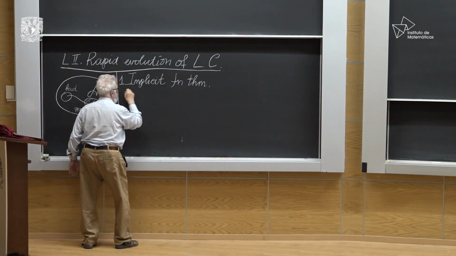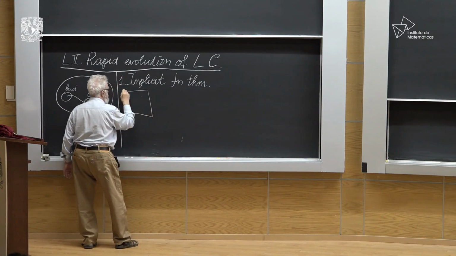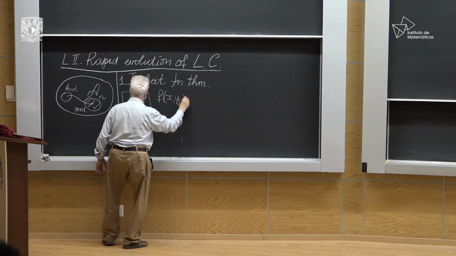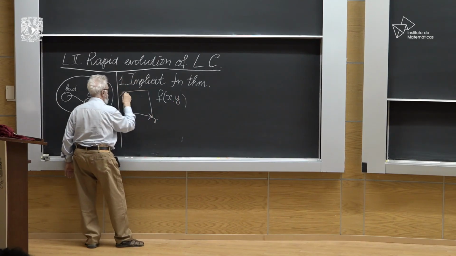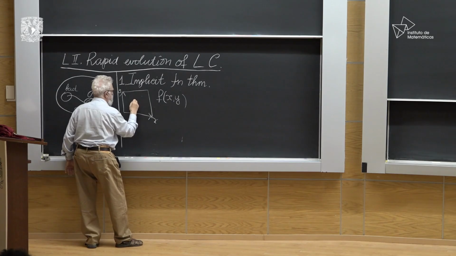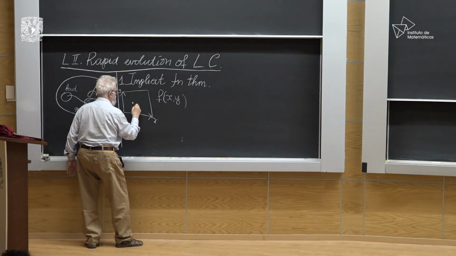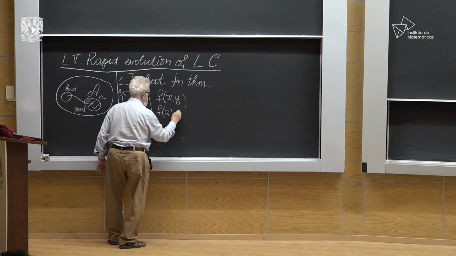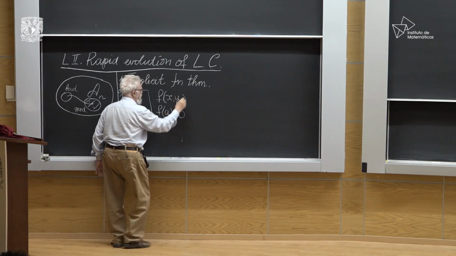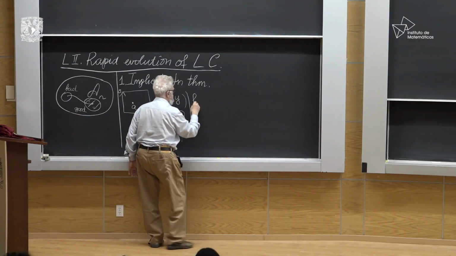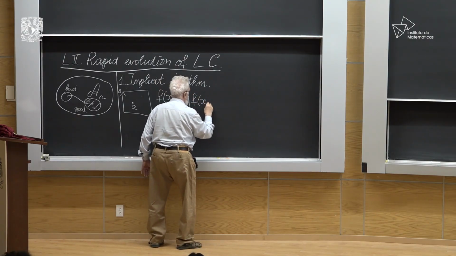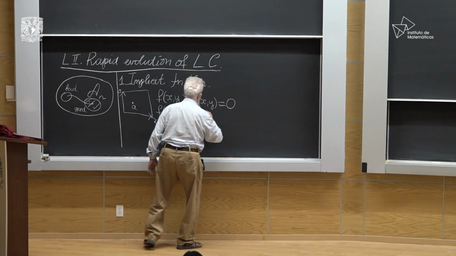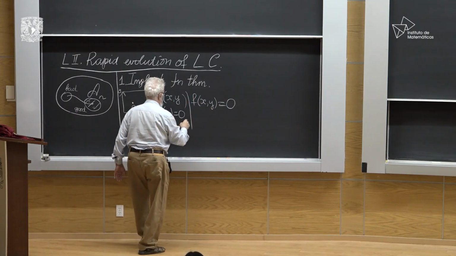You have a function of two variables. And at some point, this function equals 0. You are interested in the set, in its zero-level curve. The theorem says